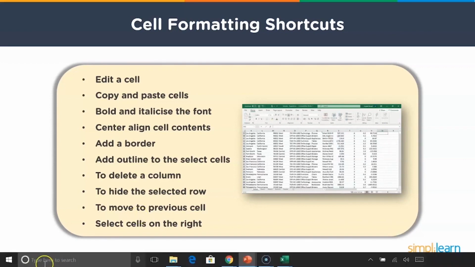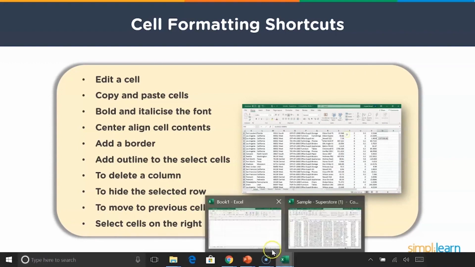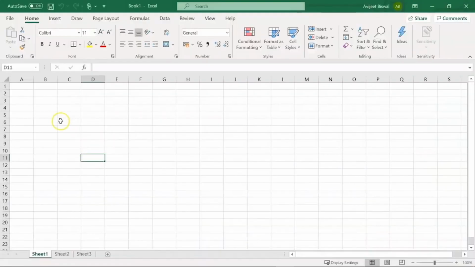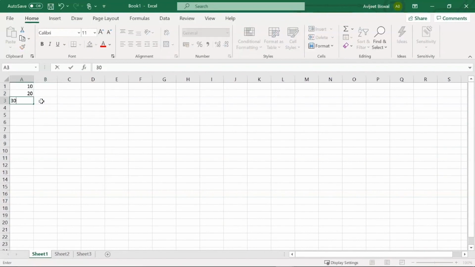So I'll go to my book 1, and the first shortcut that we'll see is how to edit a cell. For example, there are certain values such as 10, 20, 30, and if I scroll down like this, and now if you want to edit the cells, you can just select that cell.